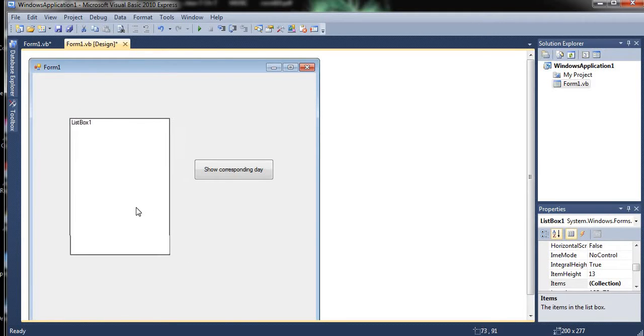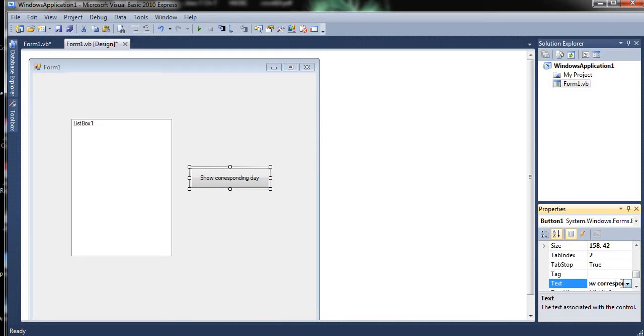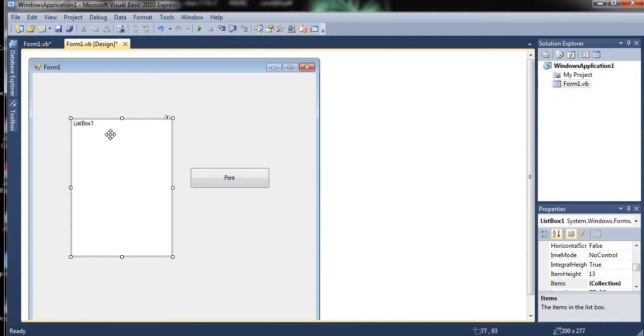Now here we have one list box and one button, and in the button I am displaying, here we can write print. Here I am writing a program to print the even numbers which should be less than 30, 40, whatever, right? Such kind of condition we can give. To print I am writing here, and in the list box the values will be printed.